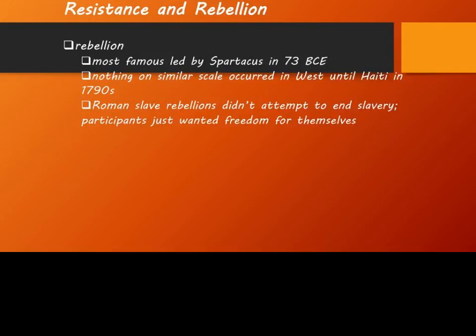Now, Spartacus, like I said, the most famous slave revolt, was a rebellion of slaves that trained for the gladiatorial games. And Spartacus led this 2-year rampage of revenge up and down the Italian peninsula, freeing slaves, burning estates, killing masters, and once crushed, the Roman Republic crucified approximately 6,000 captured rebels along the Appian Way, and that was their warning to any future rebels.